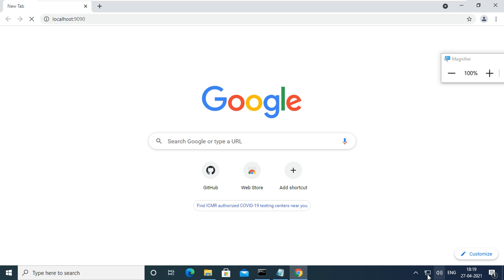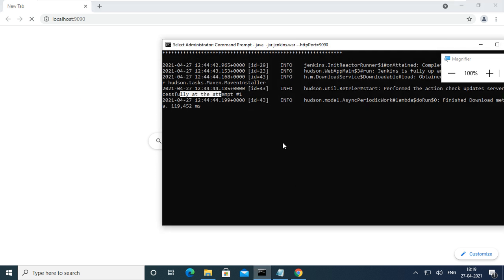Okay, it is trying, but it won't open till it is showing fully up and running. It won't take much time to be fully up and running. It only takes more time in installing plugins, because I installed all plugins.